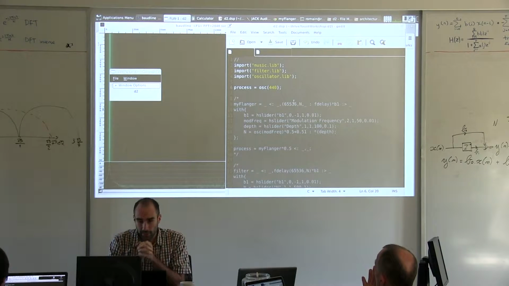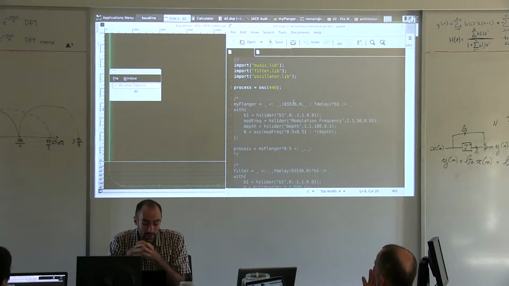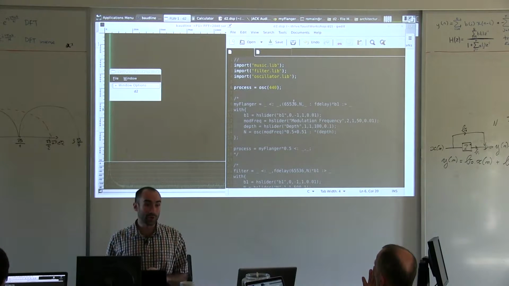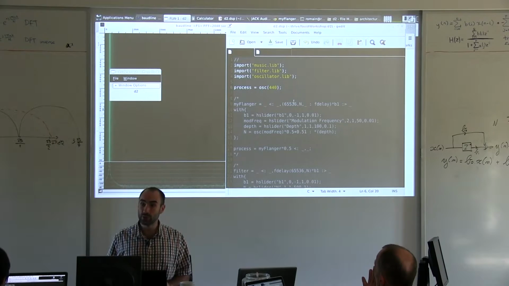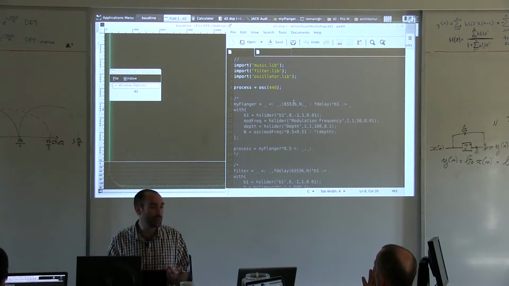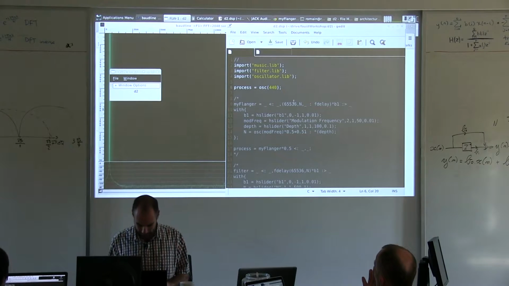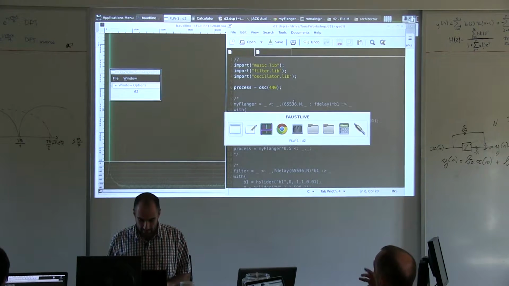So unfortunately, we won't be able to do this in Faust Live, because the problem is that you can't do that in Faust Live. So we're going to have to use the terminal to do that kind of thing, because that's more advanced features, basically. So, okay. So if I go in my terminal,